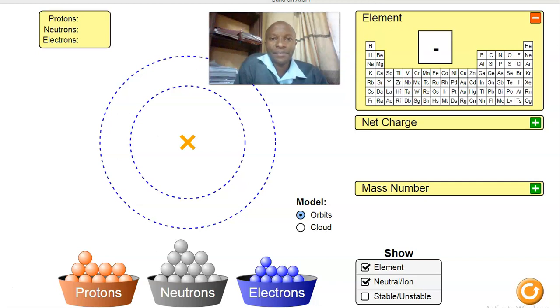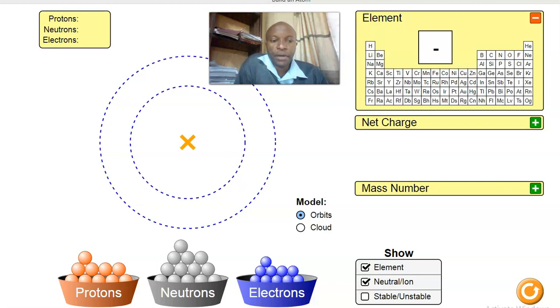Hello educators, there is a sim that I've noted that we can use for the topic structure of the atom. This is one of the areas where mostly it's done theoretically, and most of the time there are no activities to carry out on this. So this simulation allows the learners to actually have hands-on activities, and probably it's going to improve